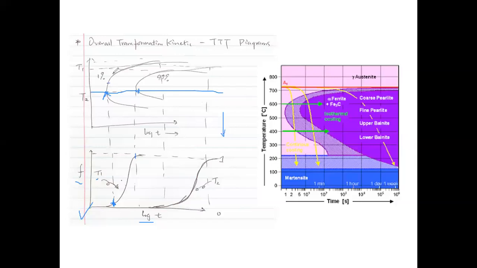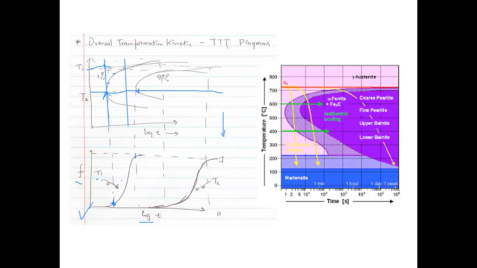If you connect all these lines together, these lines in this temperature and time diagram tell you, along each line, that this is the equal fraction line. This is not an equal temperature line, but an equal fraction line. This means that at this temperature T2, for this particular time, let me just do that for you. I can choose a number of different times like these two. So for this temperature T2,